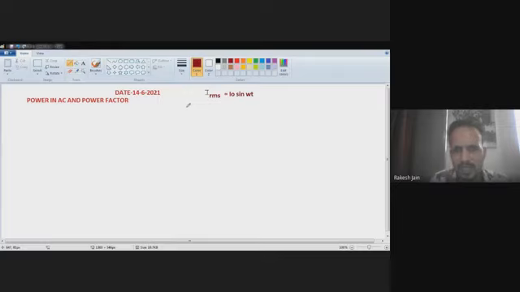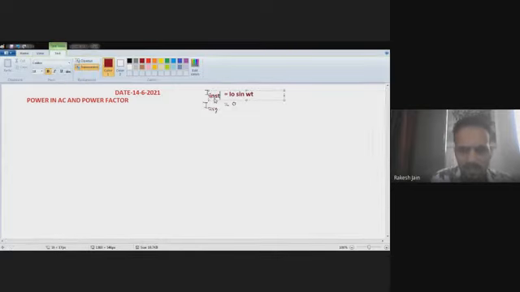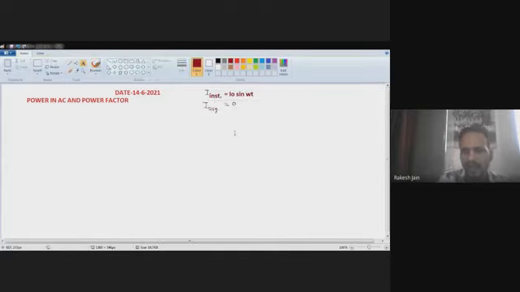When we calculated the average value of AC, you saw that the average value of current in AC, or we can say the average value of voltage in the AC, is equal to 0. And we have already proved that one. Sorry, this is instantaneous instead of RMS. The instantaneous value is I0 sine of omega t. I average is 0. Then we calculated IRMS.